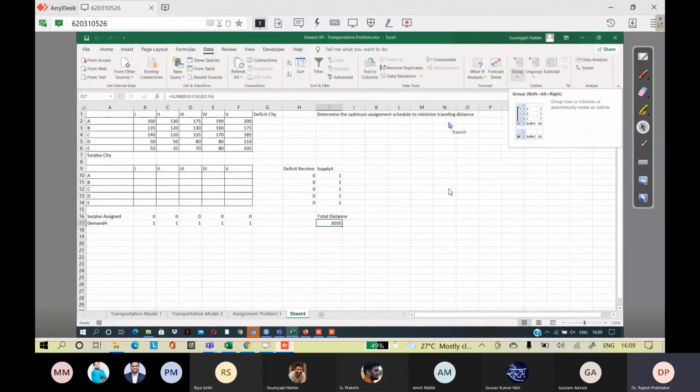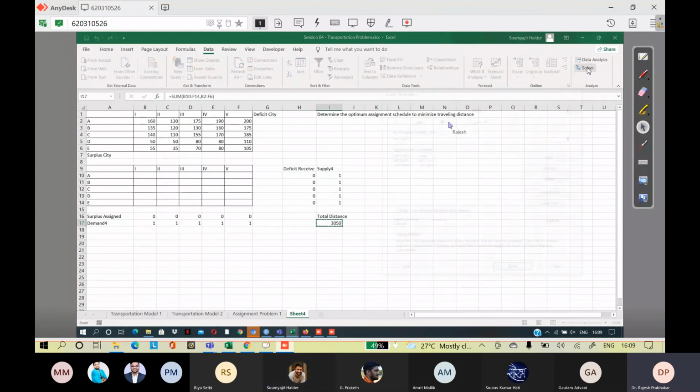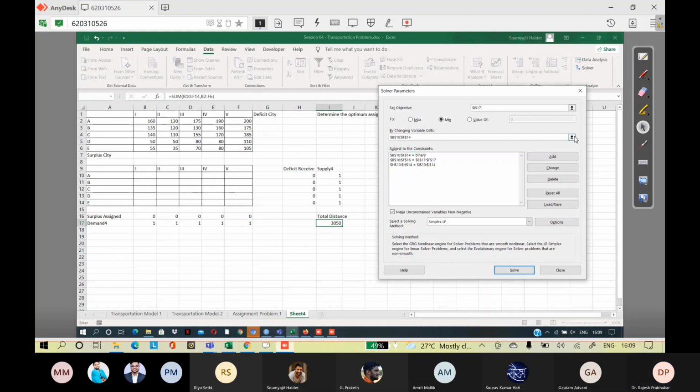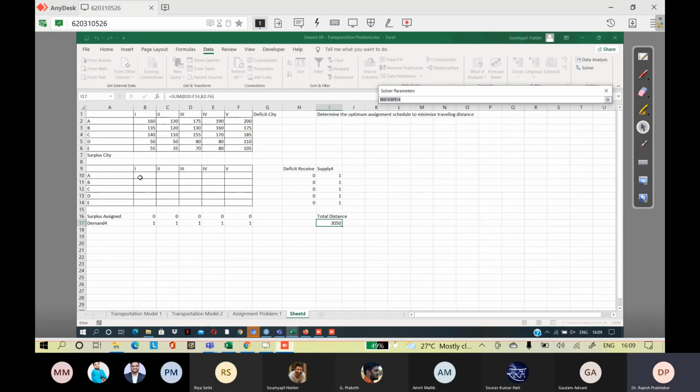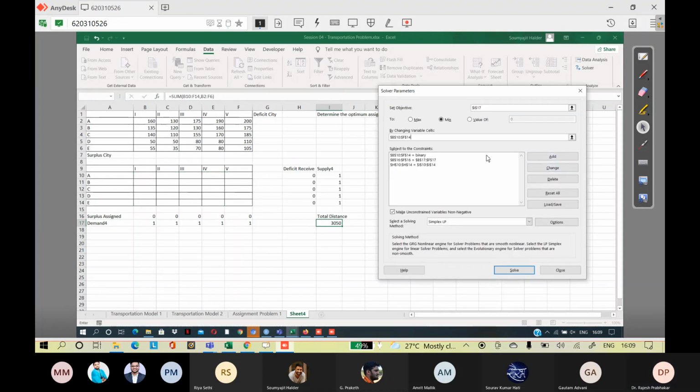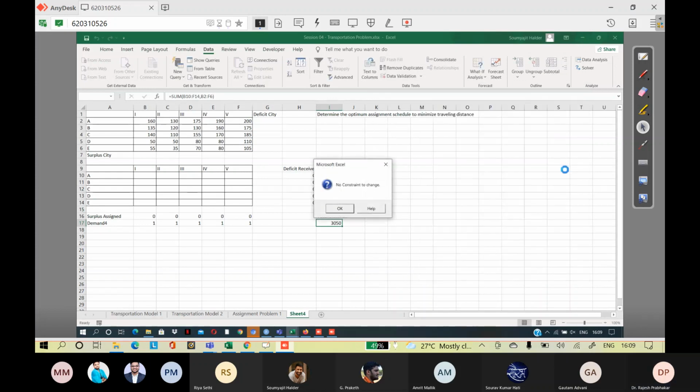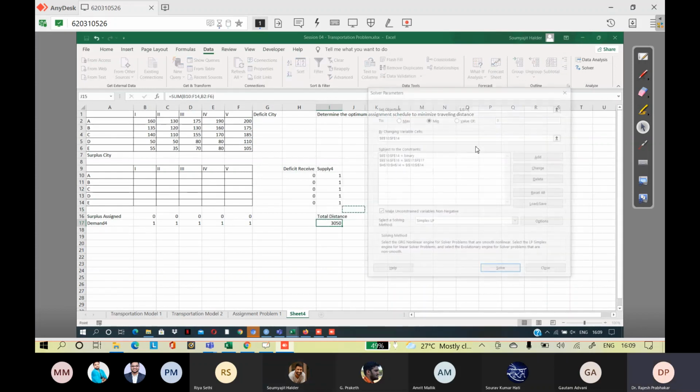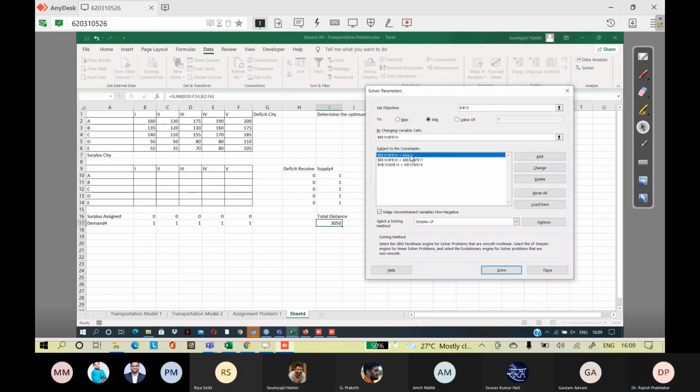Yeah, now I am able to do that. Solver. By changing the cells, we can set binary. That is okay.